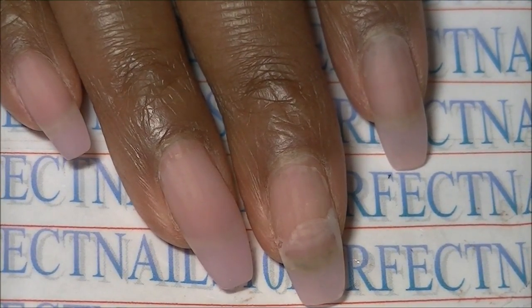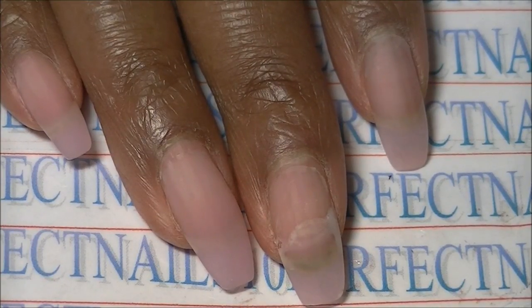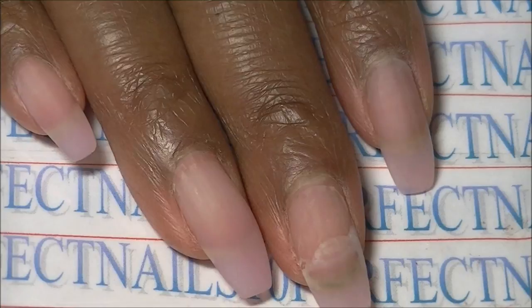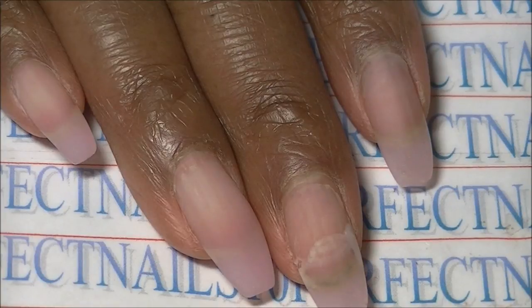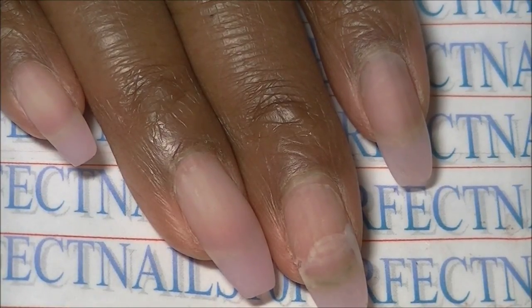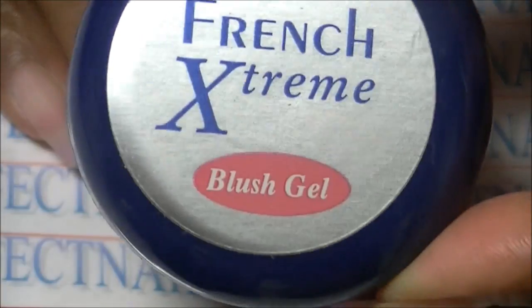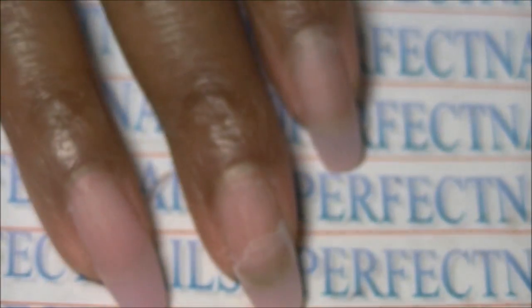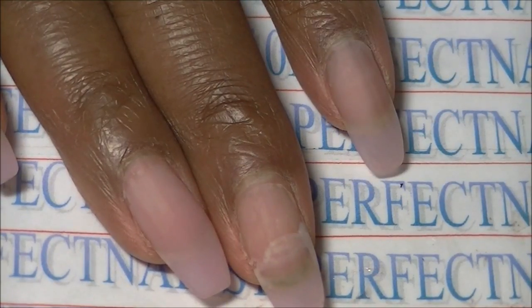But this is just the way I do things, and so I'm going to show you guys, for those of you who want to know how I get this look. I have obviously buffed my nails already in a previous video, they are usually shiny. I have my top coat on, and I use, which you will see in the video, the IBD blush gel. The pink, I like the pink. It's a little bit more natural looking instead of just having that white look to my nails. So yeah, I'm just gonna start